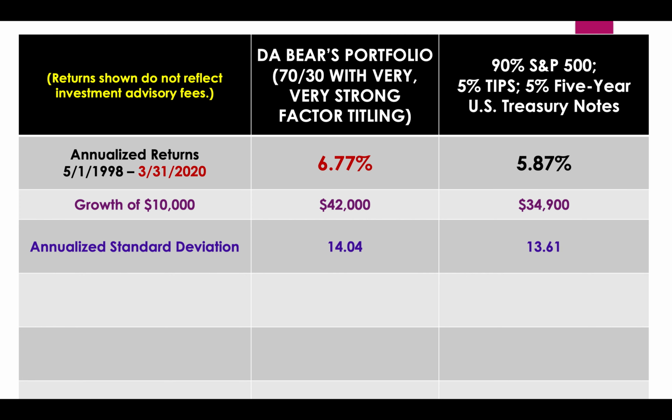So I also took this forward and asked, what about through the end of March of this year, 2020, when I'm recording this video? It's only a couple of days ago, all right? And obviously the market went down, and actually value stocks went down a lot further than growth stocks, and small cap stocks went down a lot further than large cap stocks here in the first quarter of this year. But still, over that period of time, there was an outperformance. It's only 0.9%. Standard deviation still remains about the same.